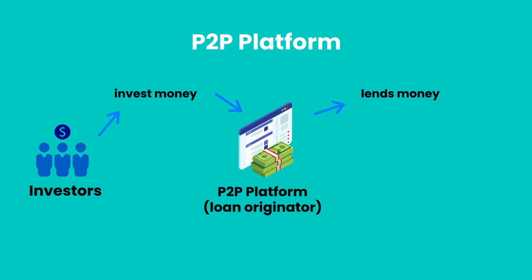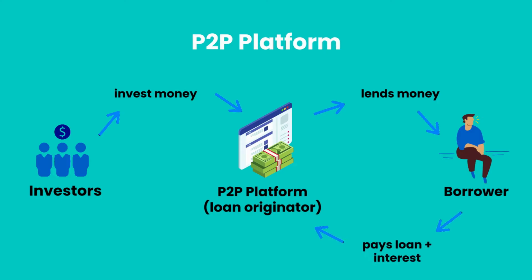In the second step, the lending company lends money to its borrowers. If it's a personal loan, the borrower returns the loan with additional interest to the lending company. Usually you will receive the loan principal and the interest at the end of every month. In the last step, the lending company deducts a fee and transfers the rest of the money back to your investor account. When using P2P platforms, you invest directly in loans from borrowers.